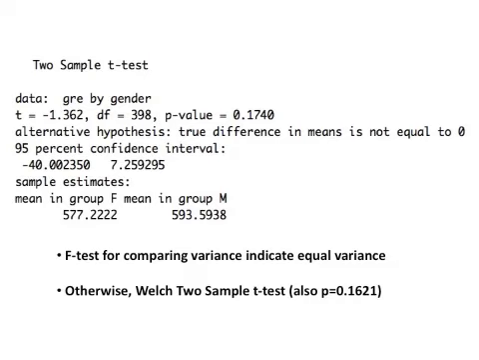Otherwise, we can use the Welch two-sample t-test. I also did that. The p-value is 16%. Not much difference. Okay, so let's revisit the definition of p-value. What does the p-value mean? P-value means, if this is a t-distribution, or very close to a normal distribution, let's use a normal distribution for illustration, if we find that the t-statistic has a value